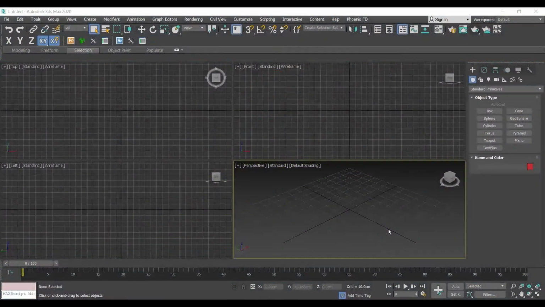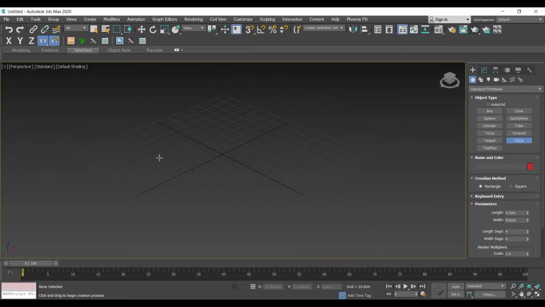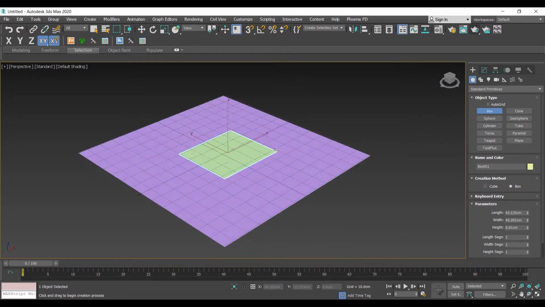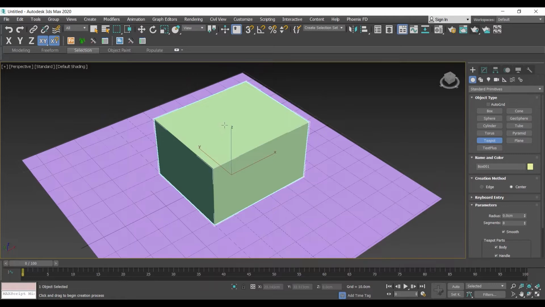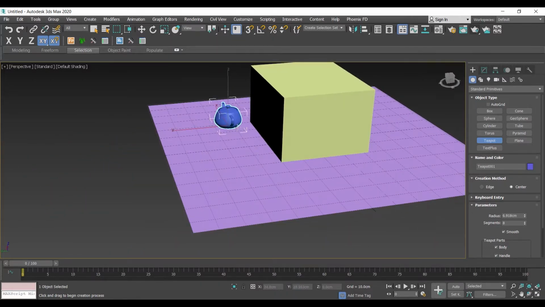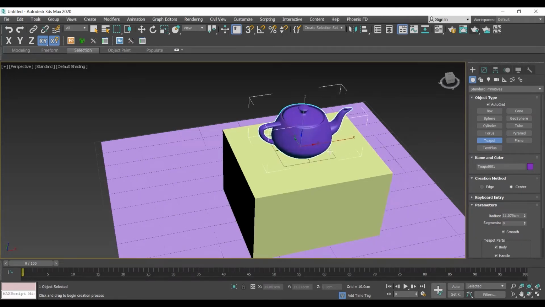Hi, in this section, we're going to be talking about Vray materials. After setting up Vray, I'm just going to start working with the materials. I'm going to draw a plane and a box. And I'm just going to create a teapot, but I want the teapot to be on the box. If you click in here, you can see that whatever I draw is always on the 0 axis. So I just want to click on Auto Grid, and now I can draw it over the box,